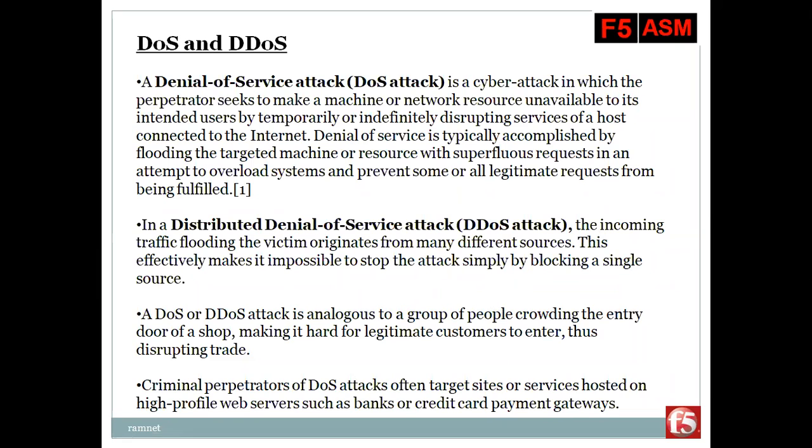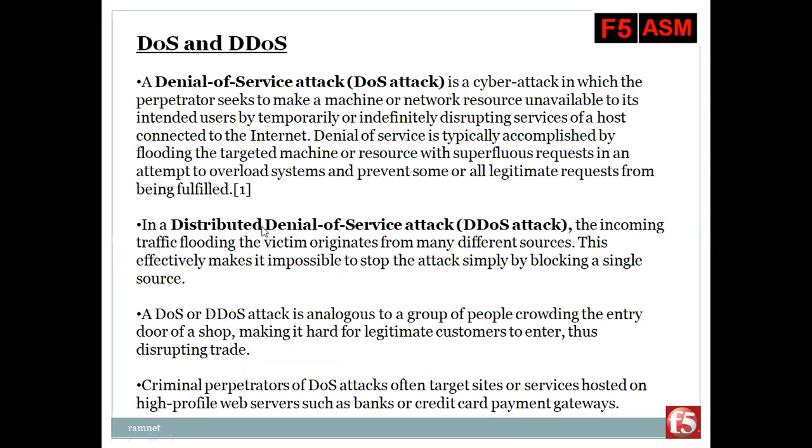When I try to access the FTP server, if there is an attack happening on it, I will not be able to get any files. I will keep on getting timeouts only. Otherwise, after some time I will be disconnected from the server because they try to send that SYN attack. There are many other types of attacks. Distributed means they will be doing it from hundreds of machines. The same attack will be done from hundreds of machines.